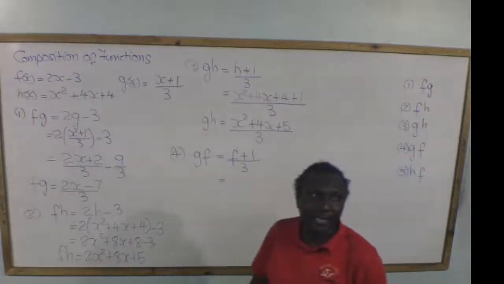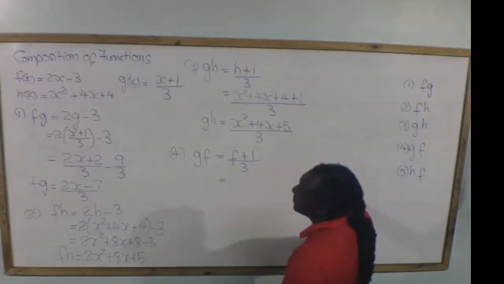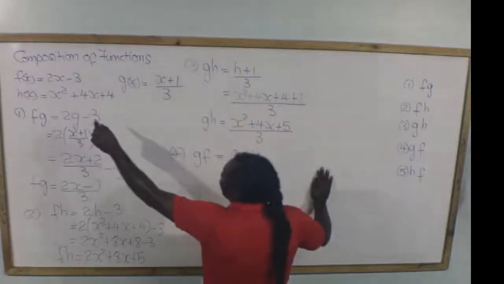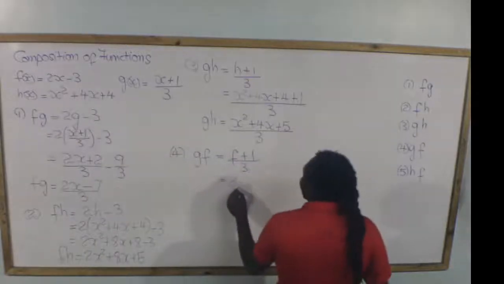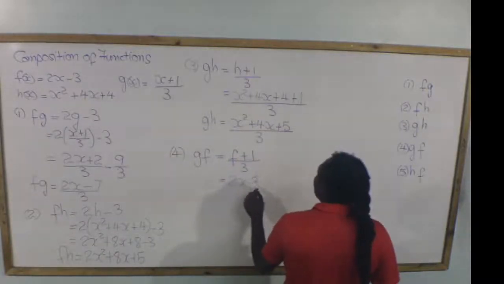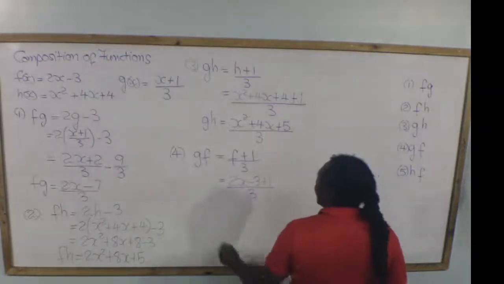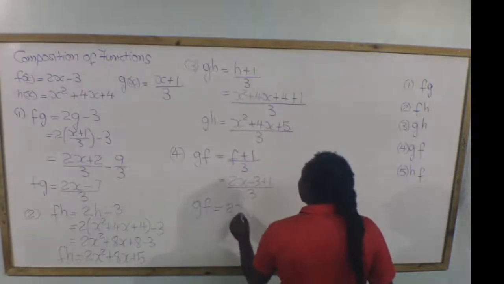And next, we substitute the algebraic expression for f right there. So what do we have? F of x is 2x minus 3. So it's going to be 2x minus 3 plus 1 all over 3. And g of f is equal to